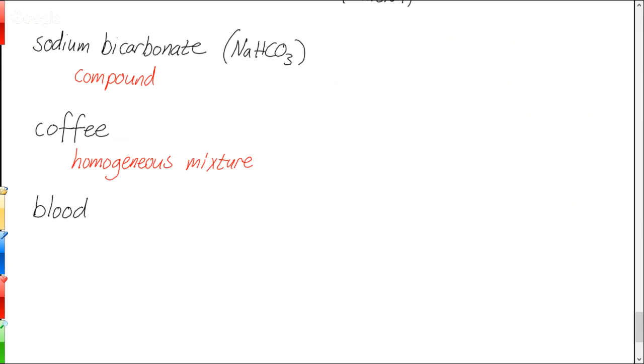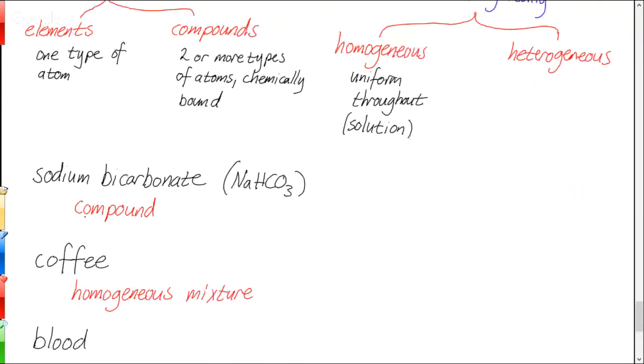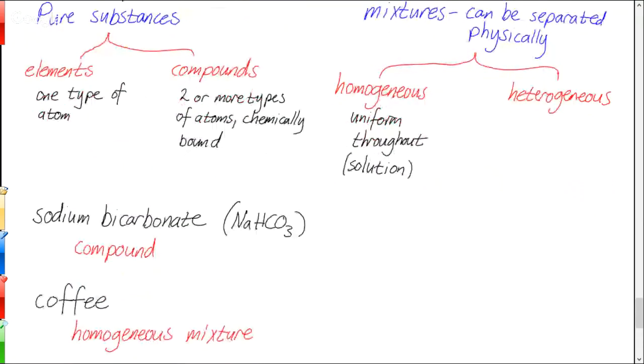Yeah, so this one's kind of a trick question because it depends on how you're looking at the blood. And so this question of whether something is a heterogeneous or a homogeneous mixture is not necessarily one that can obviously be answered one way or the other every single time. So if we had a big jar of blood on the table, we'd probably categorize it as homogeneous because you can't see the different parts of it, right?